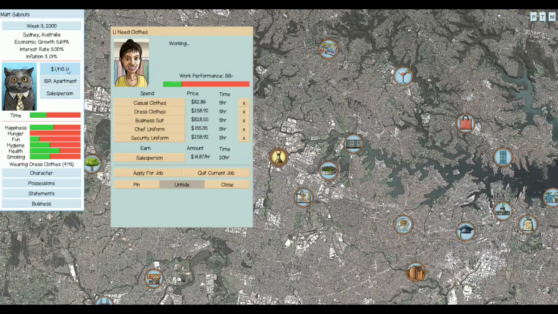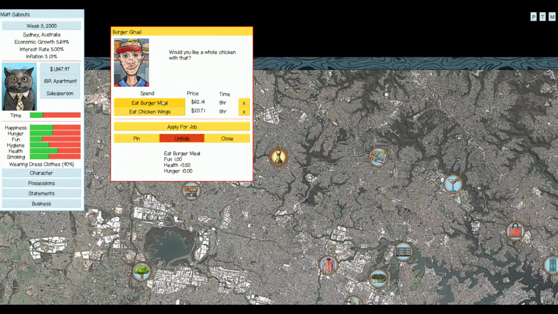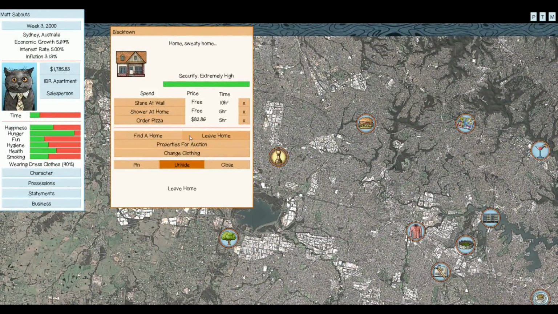We'll work a large amount of hours, but then we can eat some burgers and feel pretty good about ourselves. Okay, things are dropping now. Health, hygiene. We need to smoke soon. So let's go ahead and